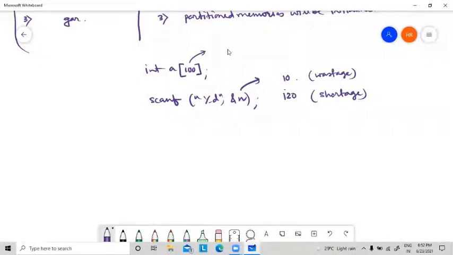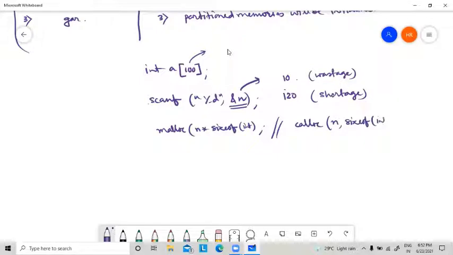But if we allocate memory after getting the value of n using dynamic memory allocation like malloc or calloc, in malloc it will be n into size of integer, and in case of calloc, it will be calloc n comma size of integer.